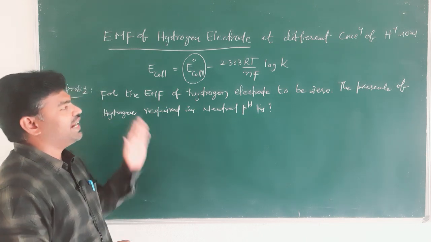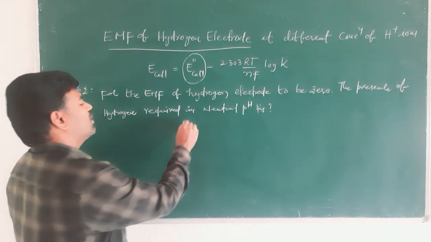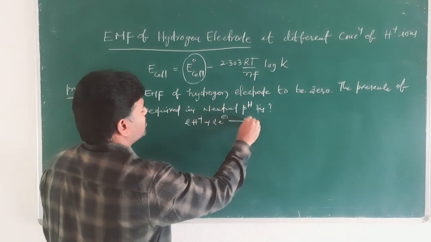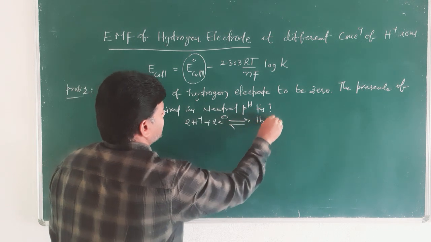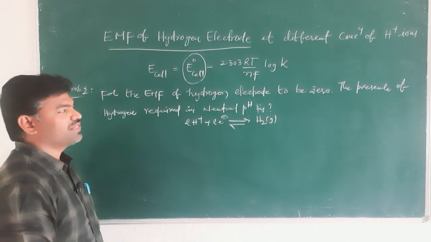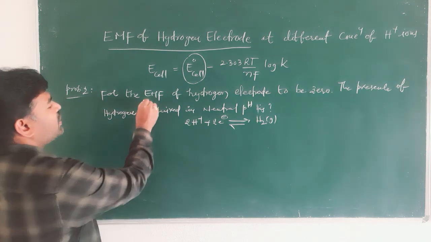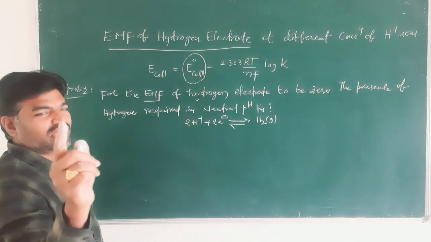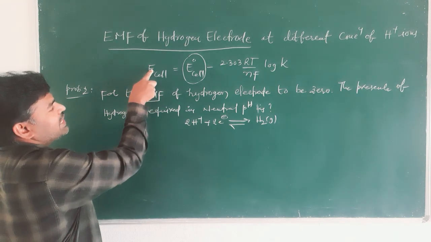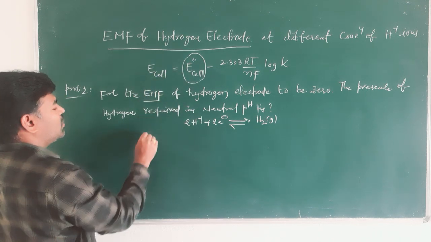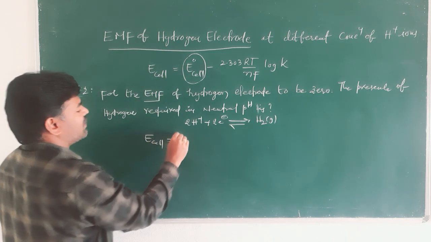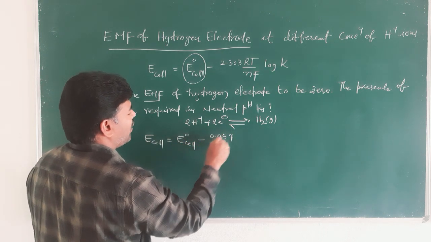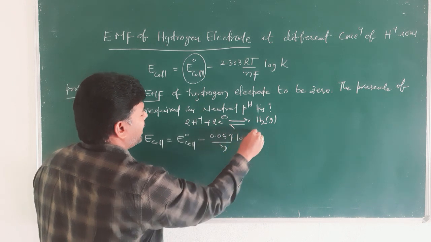So, we need to write the hydrogen electrode half cell reaction. We know that the hydrogen half cell reaction is 2H plus plus 2 electrons gives rise to H2 gas, right. That is the hydrogen half cell reaction, and we need to calculate the EMF of the hydrogen electrode. The EMF of the hydrogen electrode can be calculated by using the Nernst equation. What is the Nernst equation? Simple Nernst equation: E cell equal to E naught cell minus 0.059 by n log K,